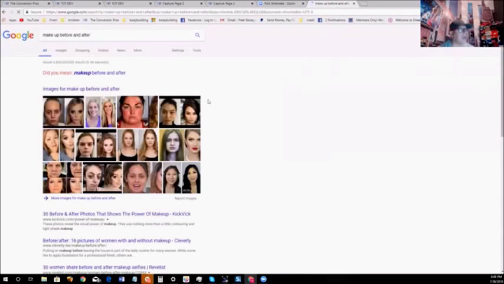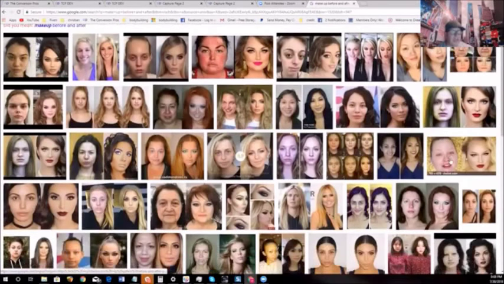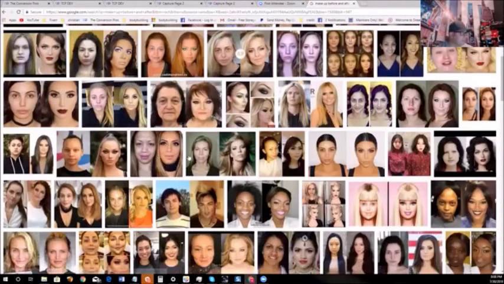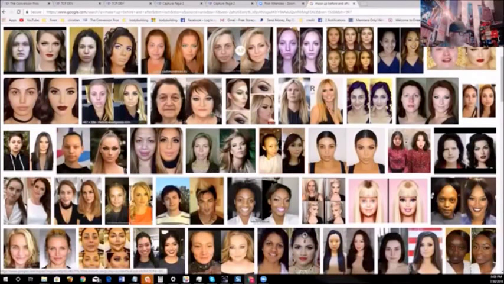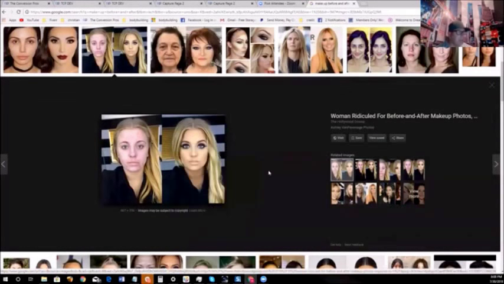Now you want to use non-copyrighted images. I'm just grabbing some images here for the use here, but you want to grab some non-copyrighted images. Let me see a crazy before and after here. Something that actually looks kind of good. I guess that one looks pretty good. So if I wanted to use this, copy image address, I'd come over here